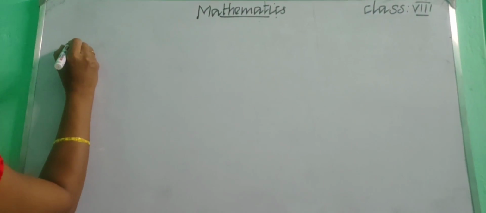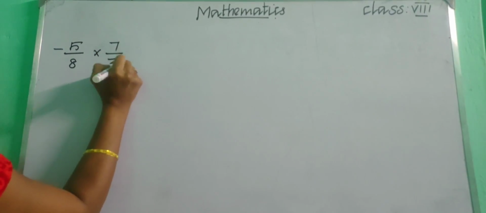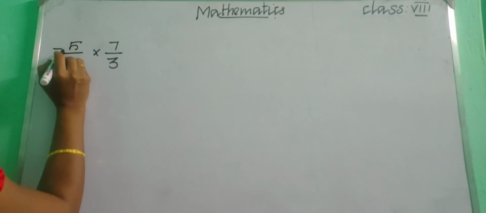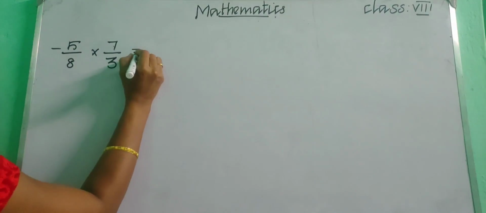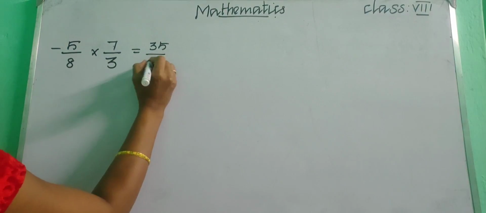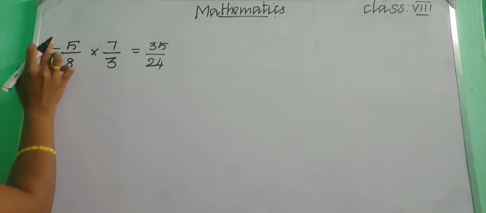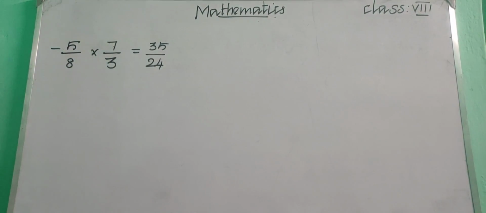So simply if you are having any two rational numbers, like 5 upon 8, okay, minus 5 upon 8 into 7 upon 3. So how will you find the answer for this? First of all we need to multiply the corresponding numerators. Okay, so 5 sevens are 35. Okay, so 8 threes are 24. Okay, we will get the answer like this. We need to multiply the corresponding numerators and corresponding denominators. Okay children, and